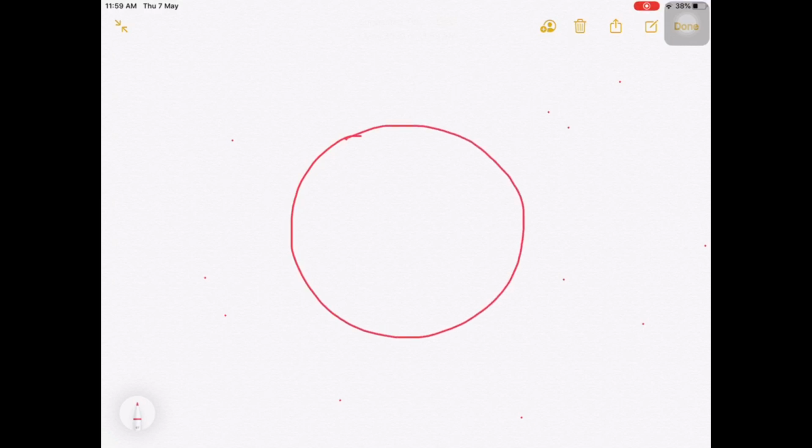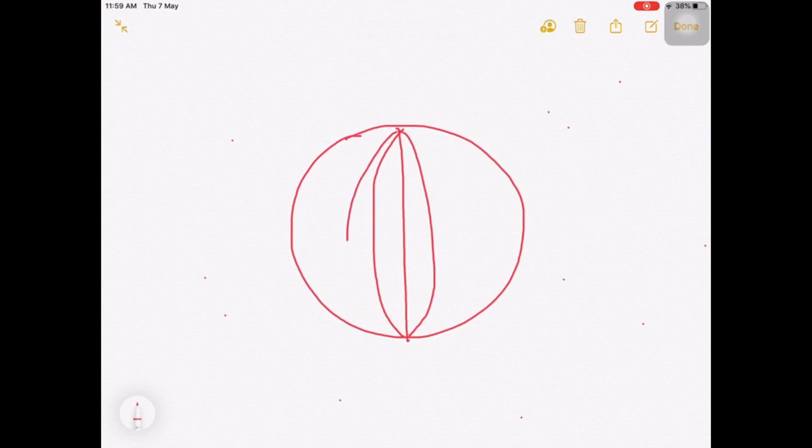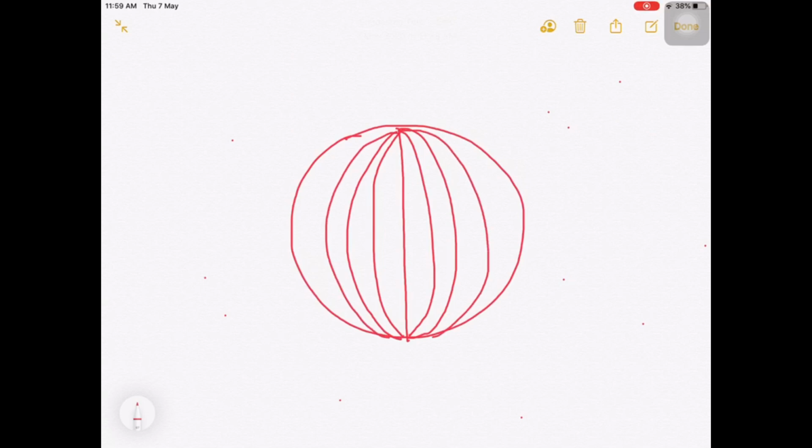So after the circle we need to draw a straight line. With the straight line, I need to draw curved lines that meet at the top and bottom. As longitude lines are equal in length, their length must be the same, it cannot decrease or increase, as I am drawing here. So the length is almost the same.